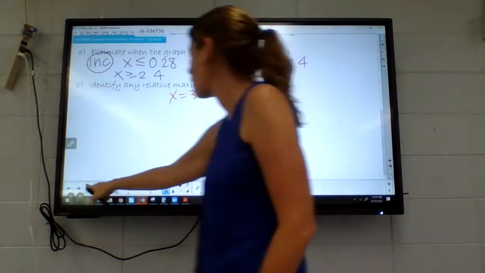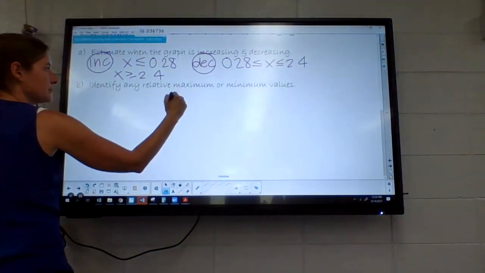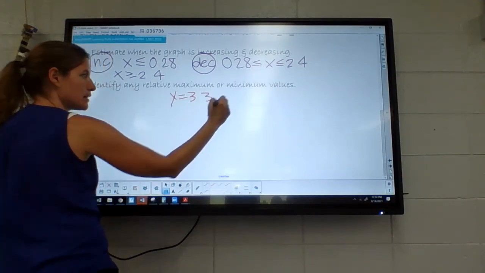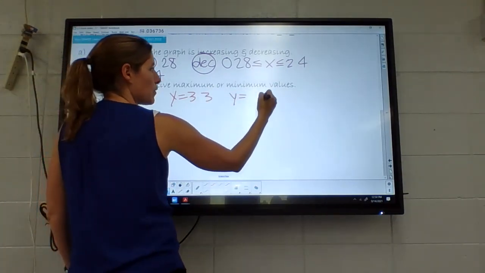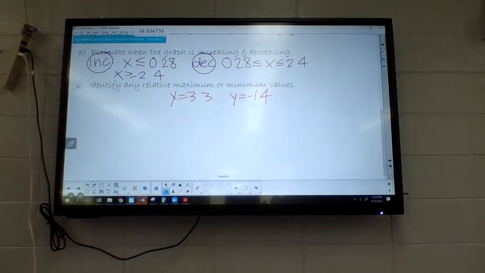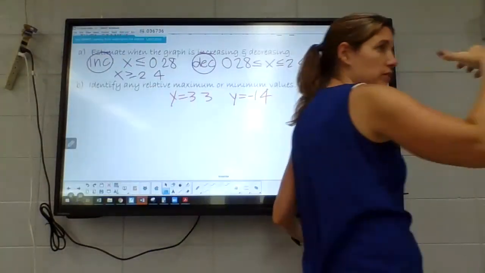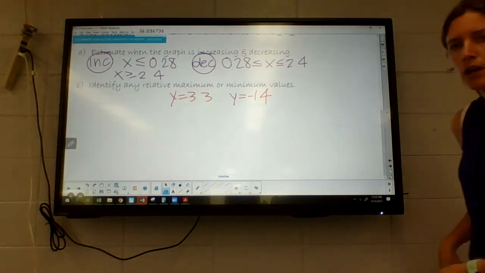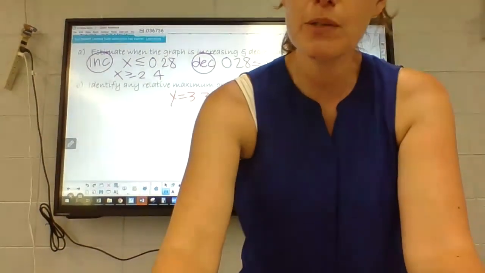Oh, not x, sorry, y, the function. And it takes some getting used to, obviously, because I keep messing it up too. I think -1.4. So when we're checking the intervals where they're increasing, decreasing, they're talking about x. When we're talking about max and min values, that's how high the graph is going. So that's the y or the function value. All right. I'm probably just going to take a quick break here because we still have another